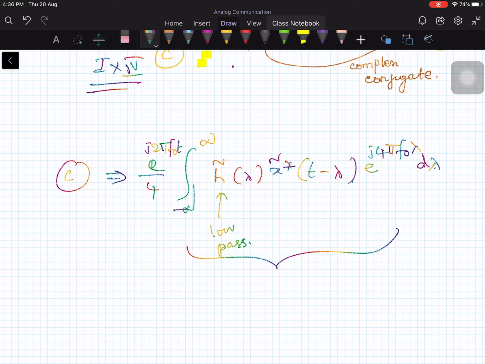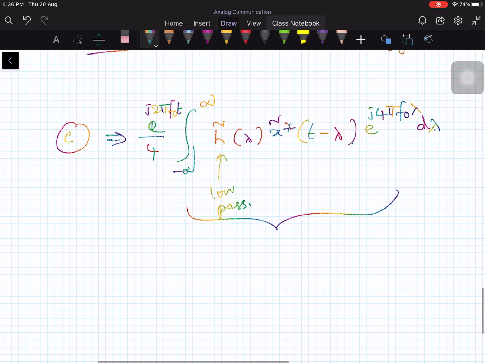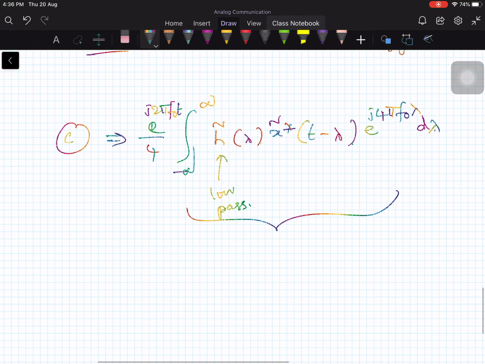Think for a while, because mathematically you cannot solve this. You need to think conceptually so that you can get the result. Now,